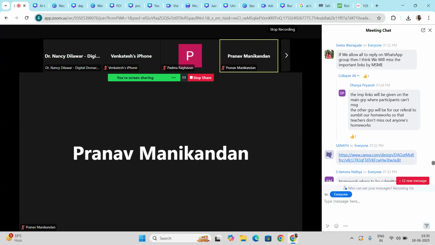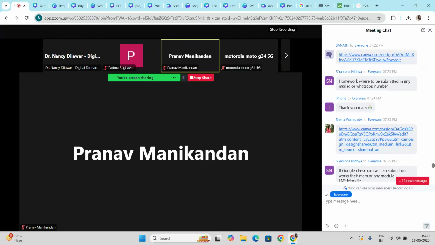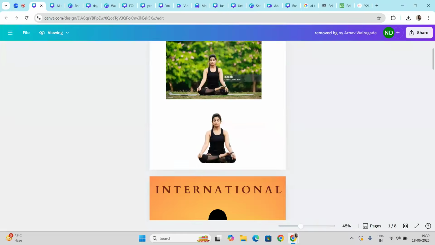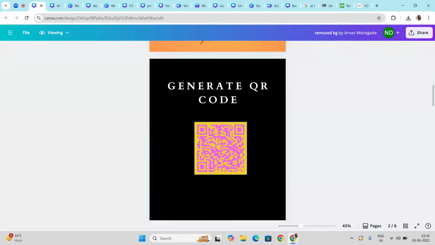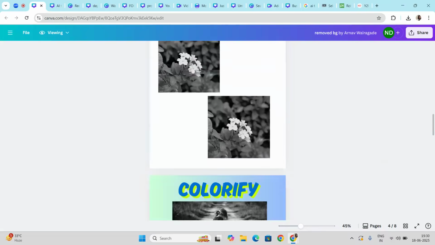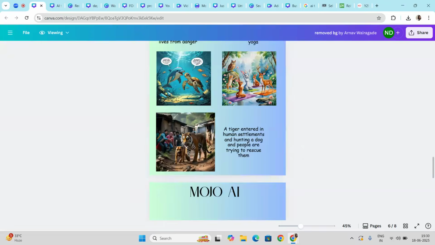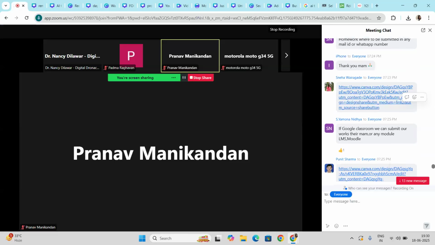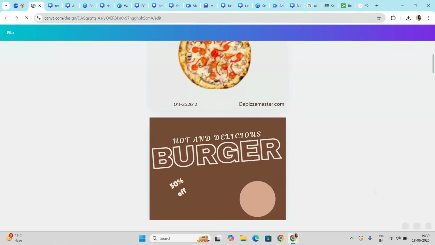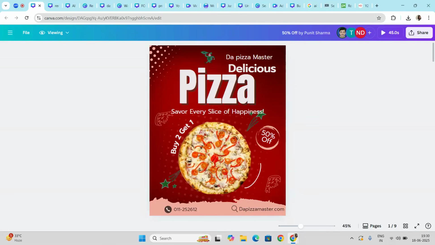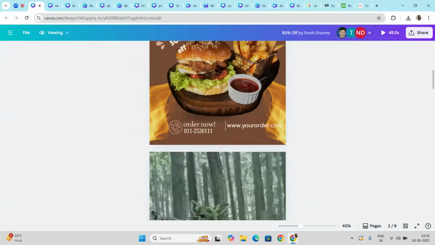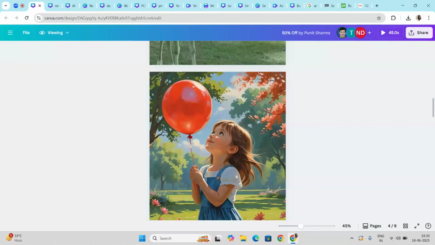Then we have the next homework, Sneha's. Again, it's been written how it's been created. Good, very good, very good. Puneet Sharma's. Nice, very nice.